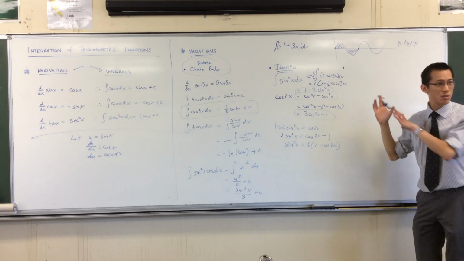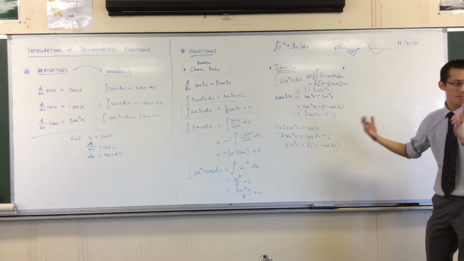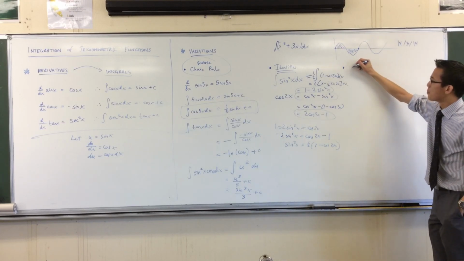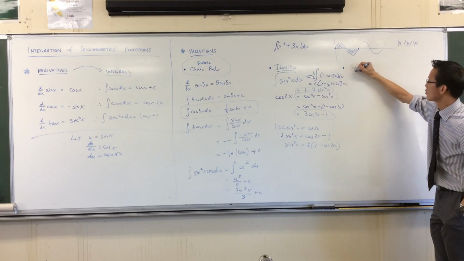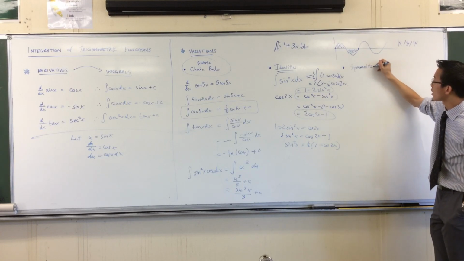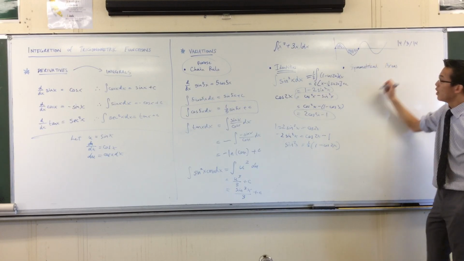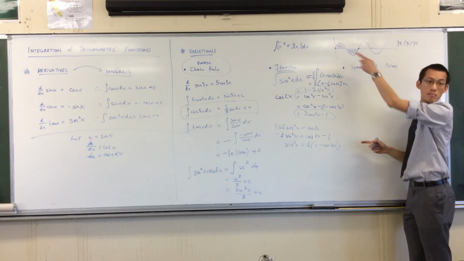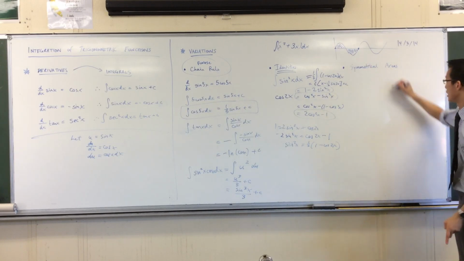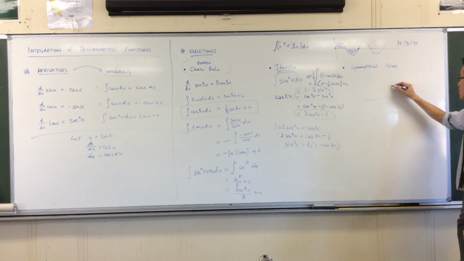So the kinds of questions you will get here, I'm not going to give you an example because I just did it, there's one, right? These come from symmetrical areas. Now you'll get two kinds. You'll get the kinds that cancel out, like this. Alternatively, you'll get the ones that, for instance, let's do